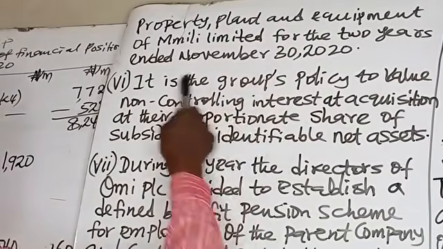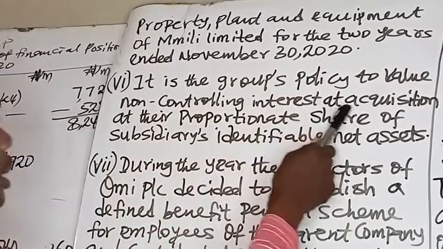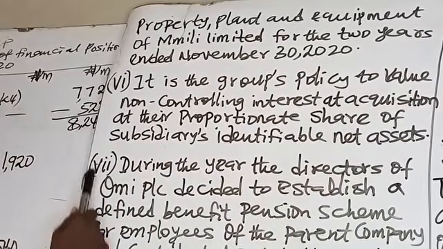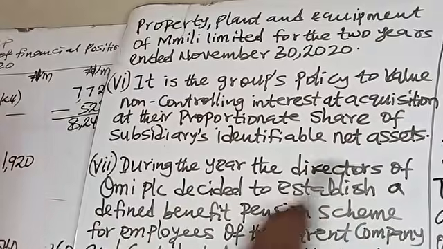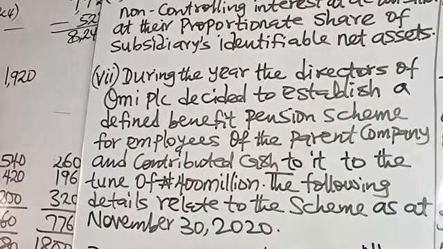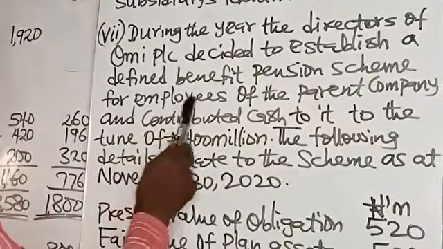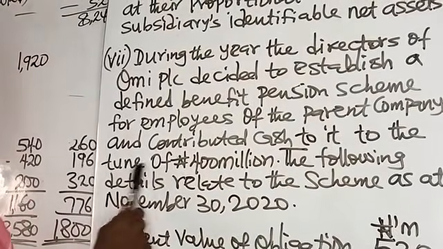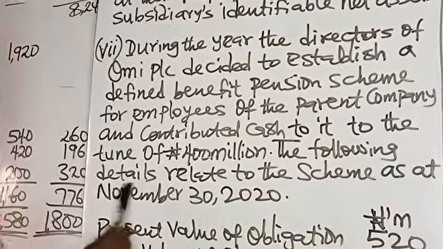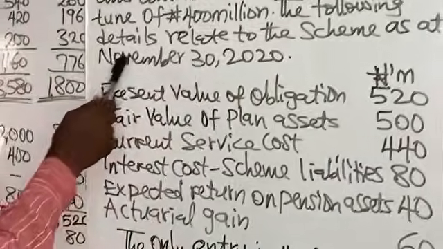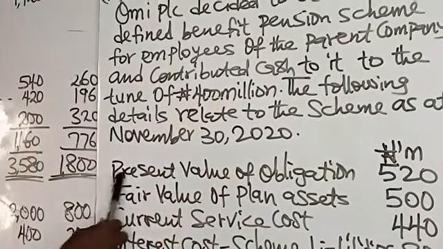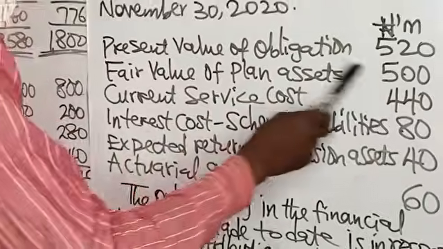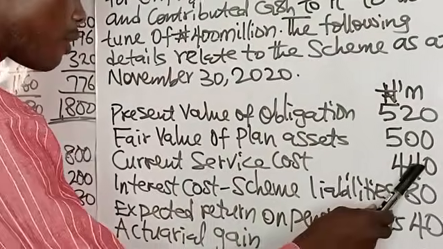Note 6. It is the group's policy to value non-controlling interest at acquisition at their proportionate share of subsidiaries' identifiable net assets. Note 7. During the year, the directors of OMI PLC decided to establish a defined benefit pension scheme for employees of the parent company and contributed cash to it to the tune of 400 million naira. The following details relate to the scheme as at November 30, 2020. Amounts in million: present value of obligation 520, fair value of plan assets 500, current service cost 440,